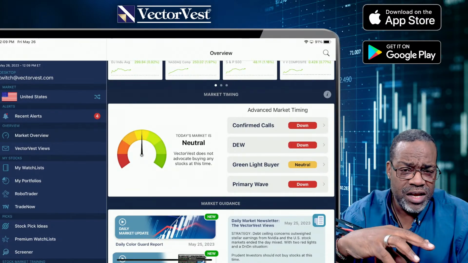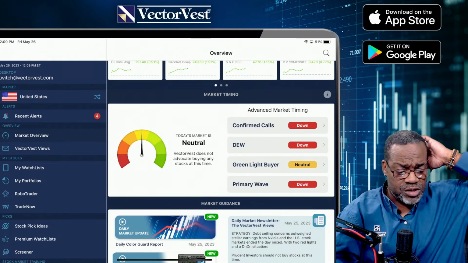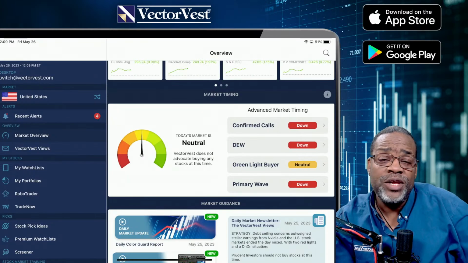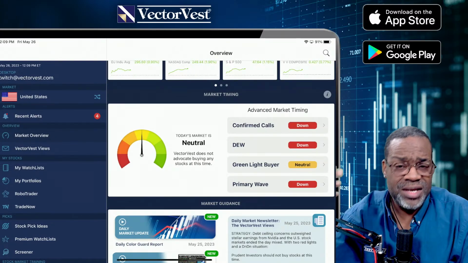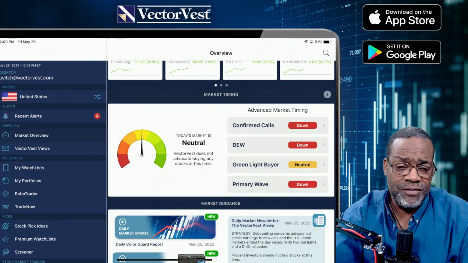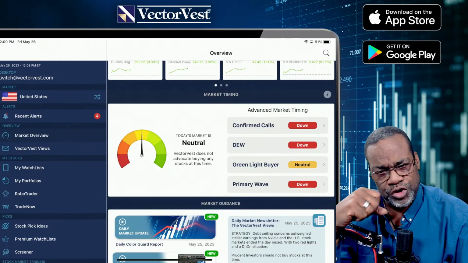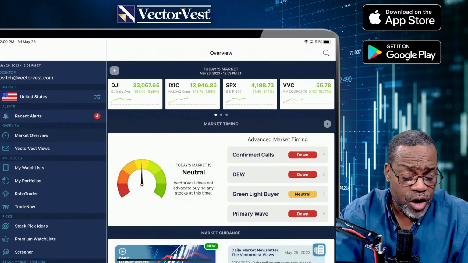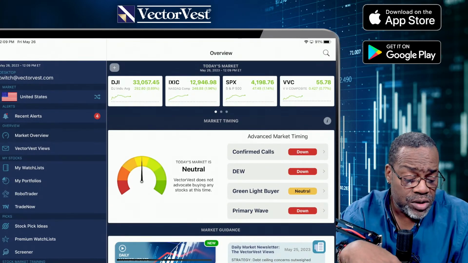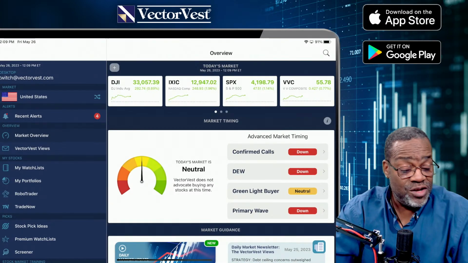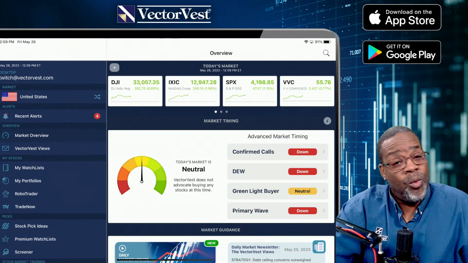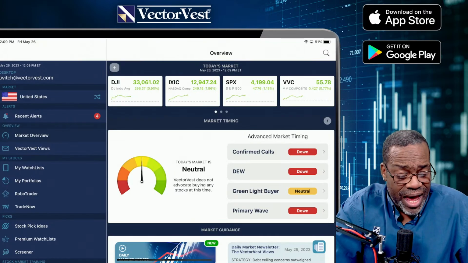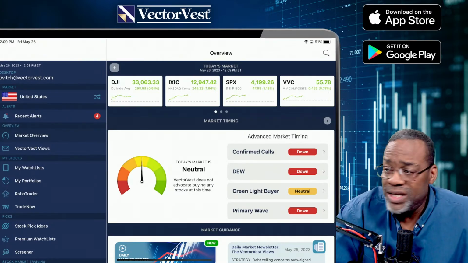If I'm using any of these market timing indicators, the ones that are down are telling me that today I shouldn't be doing anything. But there's a lot of you that are a lot more aggressive and want to be able to take advantage of today's market move. I can look at the Dow is up 0.9%. Look at the tech stocks. Why? Because the AMDs and the NVIDIAs and the SMCIs are definitely moving the IXIC.